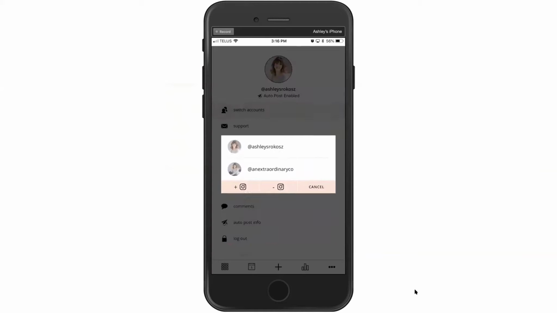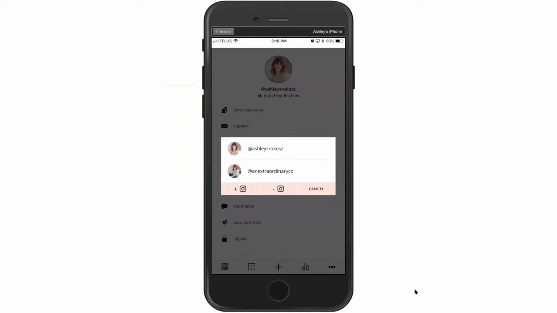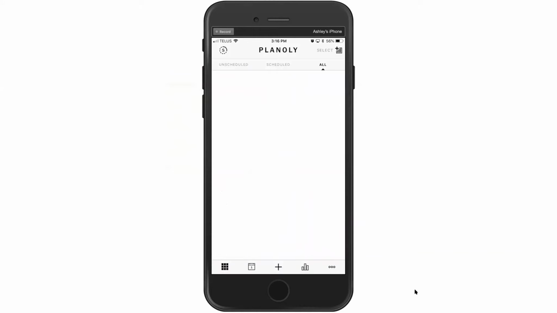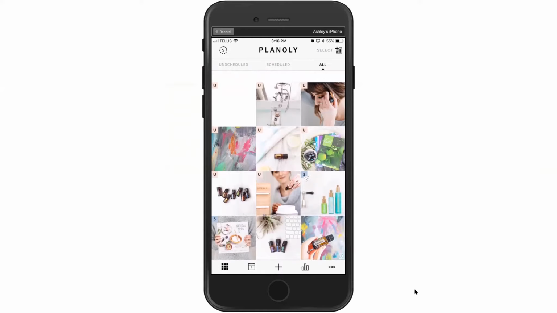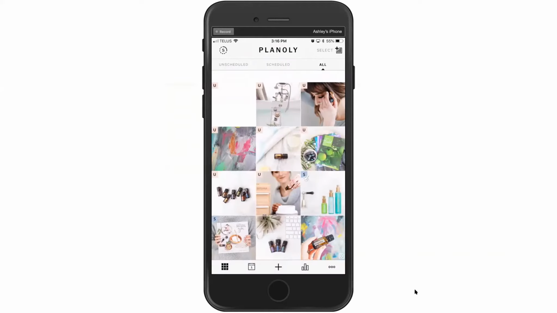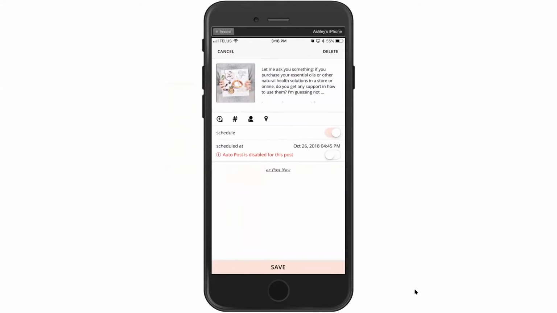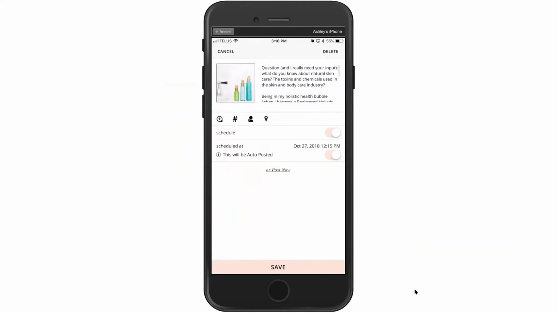So if we go over to my essential oil one, you can see that I've already uploaded the pictures all for next week. So you can see I've already rearranged them. I actually have another seven pictures ready to go. I have not written the posts. So here's my post that is going up tonight at 4:45. And then here is my post that is going to be auto-scheduled with all of the hashtags on tomorrow, Saturday